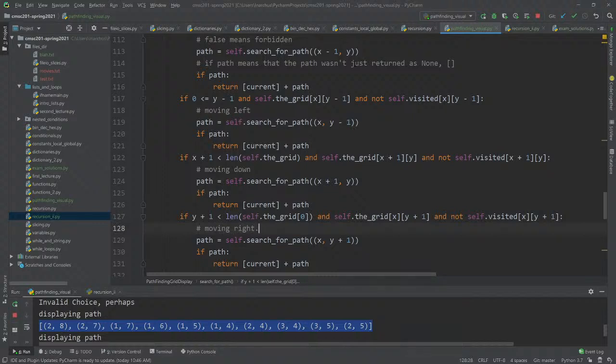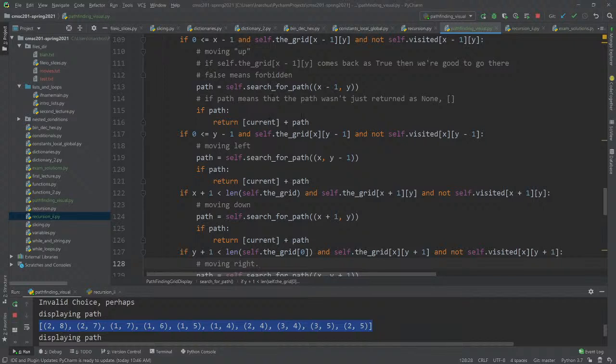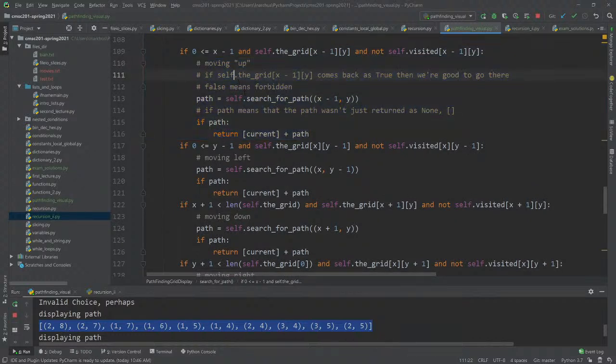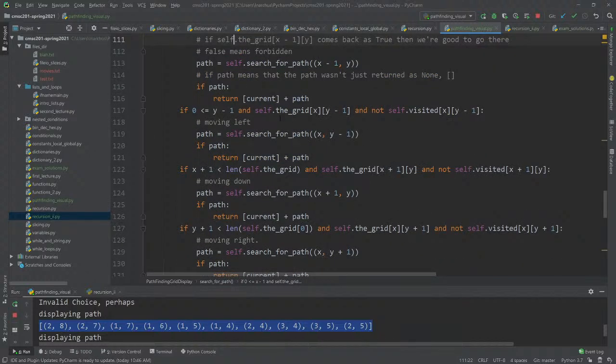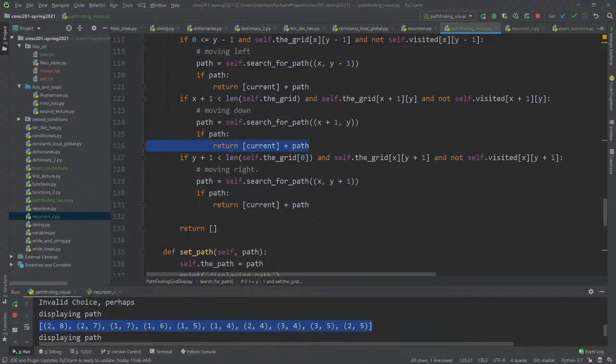And so the idea here is first you're going to try to move up. And if that works, then you're good. Then you're going to try to move left. And if that works, then you're good. And then you're going to try to move down. And if that works, then you're good. And finally, you're going to try to move right. And if that works, then you're good. Otherwise,